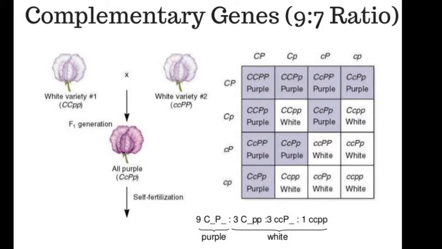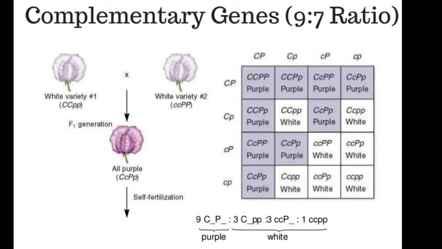This type of inheritance was discovered by W. Bateson and R. C. Punnett. Okay, this is very important. Note it also. Many times the question is raised: who discovered complementary genes? So this type of complementary genes was discovered by W. Bateson and R. C. Punnett in sweet pea, and the scientific name of sweet pea is Lathyrus odoratus. Okay, Lathyrus odoratus. Please remember its name because I think there is a 99% chance you will be asked about it.